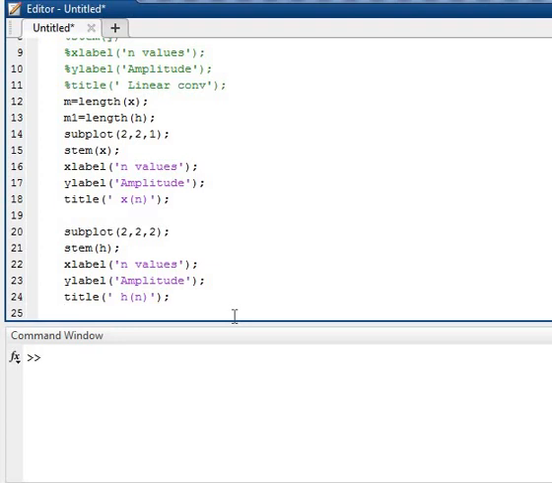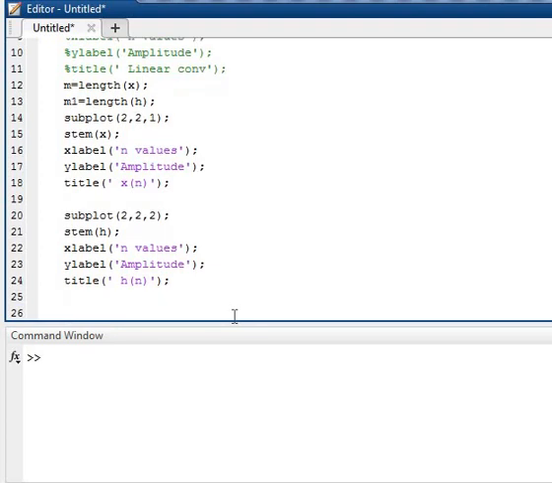Now implement for y. What to do in this? I am using capital X for padding. In x, the length is m.